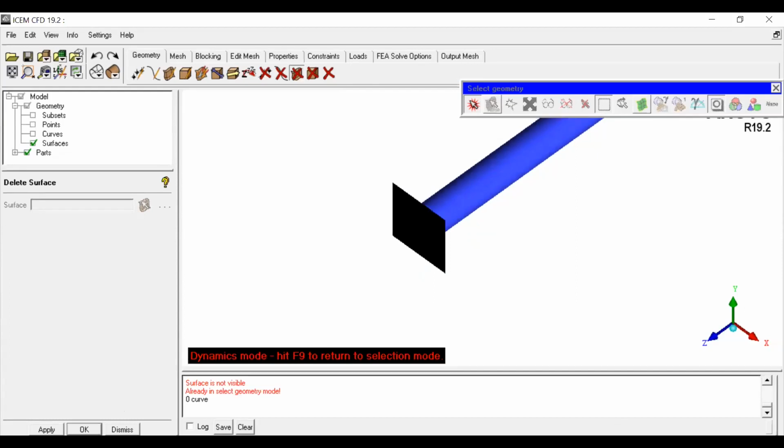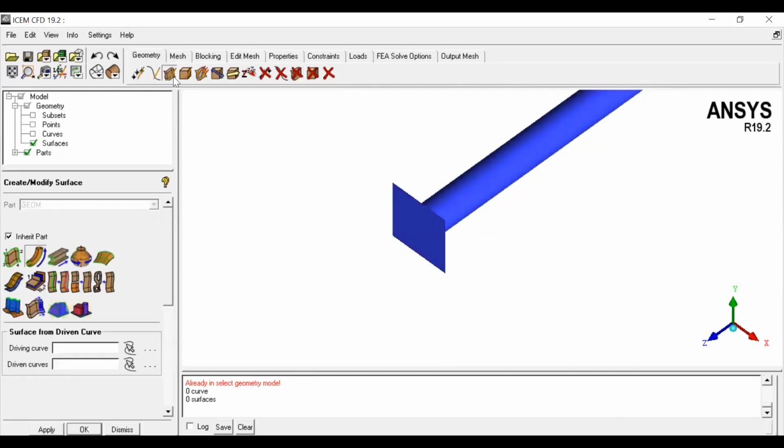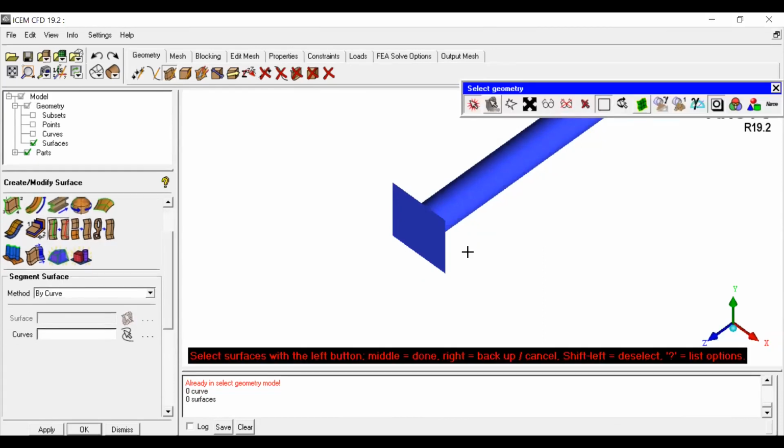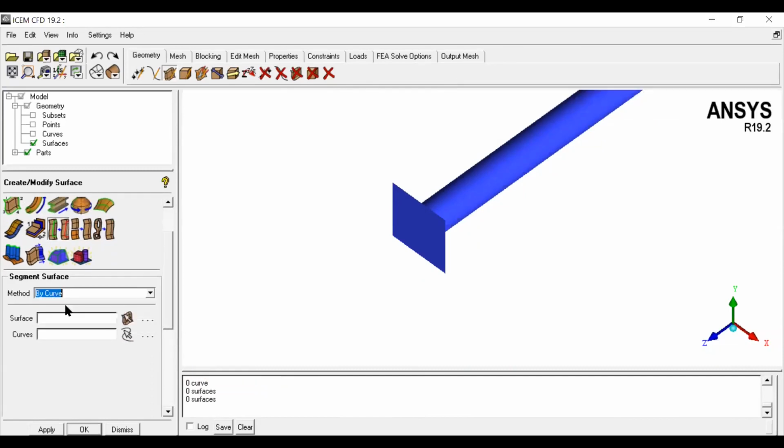To execute that command, go to surfaces, and there is a command called segment or trim surface. Select it, and it will ask you the method again: curve, plane, connectivity or angle. I choose the curve method.